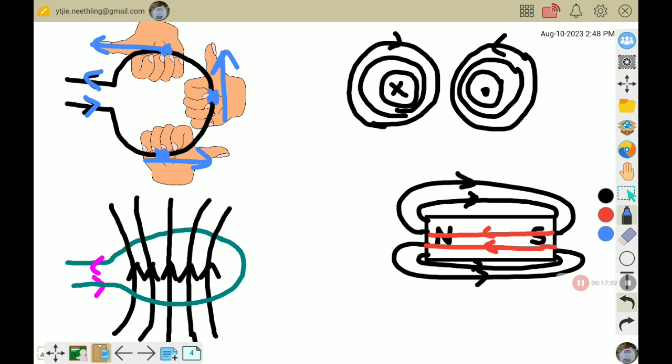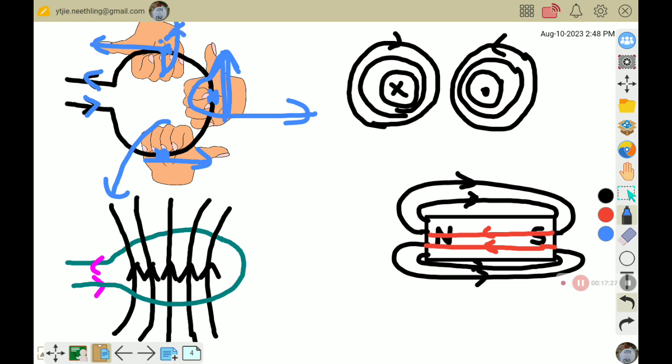So from in outwards. At the second picture, it's going up your current, so your thumb is pointing upwards, so your magnetic field will come out of it like that. And the top one, pointing to the left, you will see your magnetic field coming out again